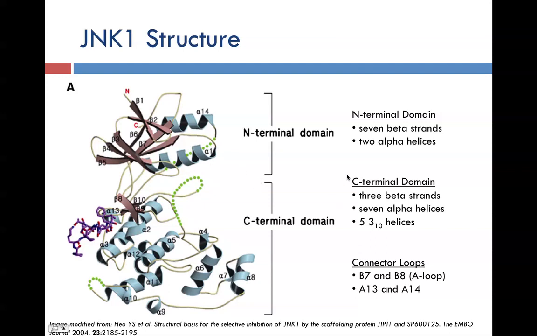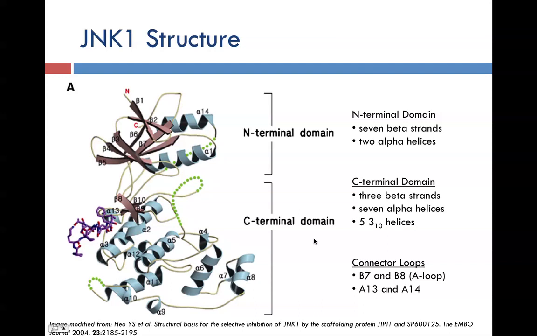I don't want to waste too much time on easy stuff like this. In the C-terminal domain, we have the same thing again. We also have these 3-10 helices that come up again, which I know we had when I presented, and Abby said that it wasn't a form of secondary structure, but it is a form of secondary structure. I added in the notes a link to a wiki page just for you guys to refresh your memory on